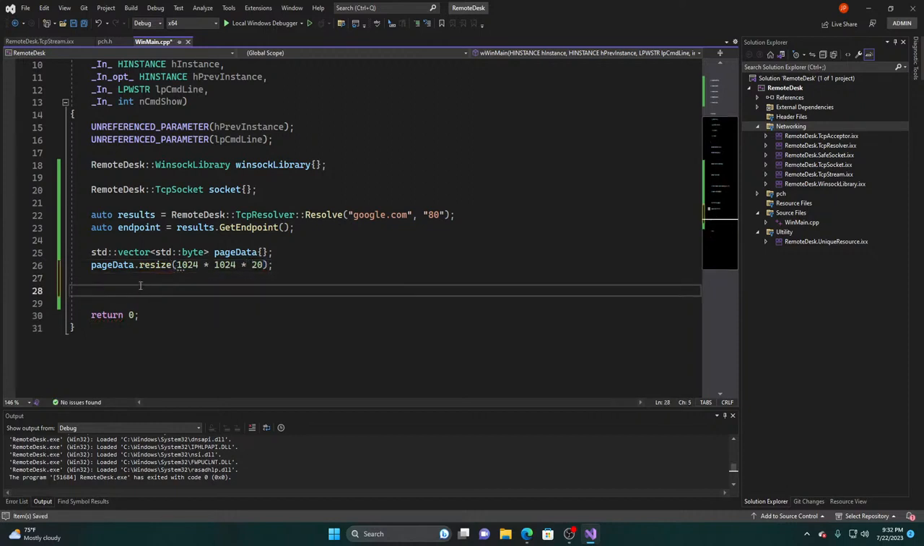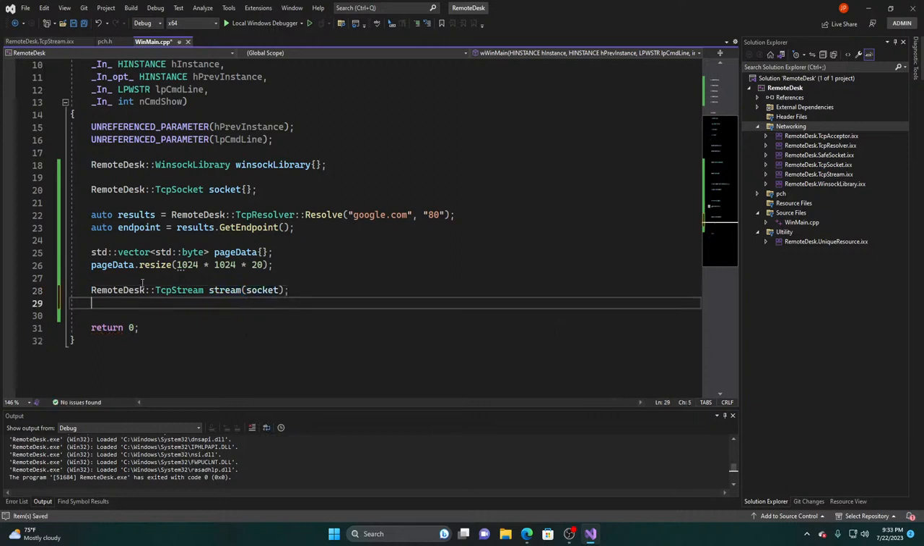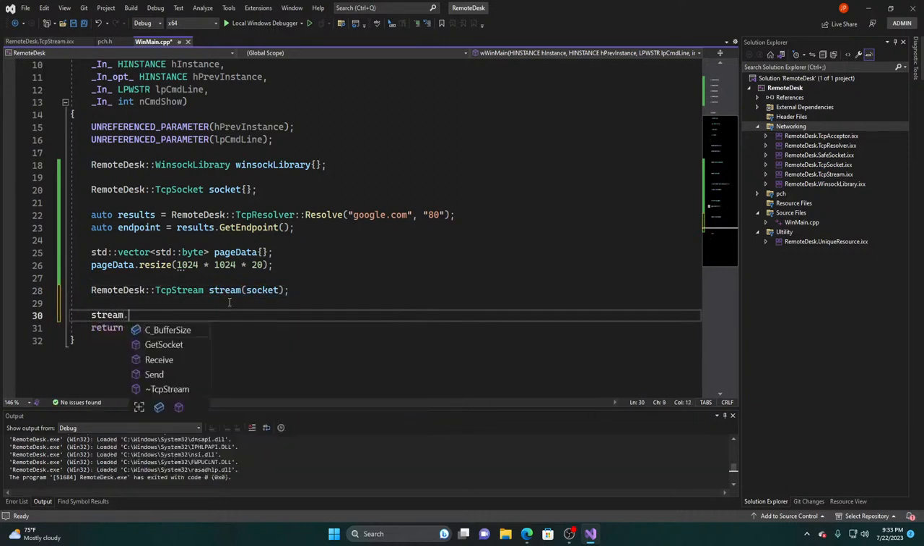Now, what we need to do is create a remote desk TCP stream, I believe it was. We'll call this stream. And here we'll pass in our socket. Okay, so now we have a stream tied to this socket. Now we can do stream and we can call receive. But before we do that now,